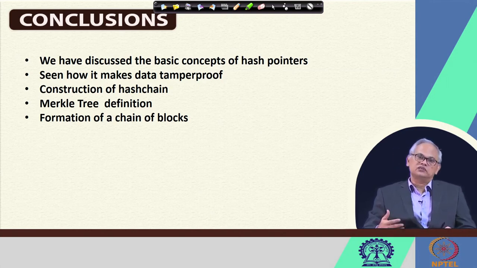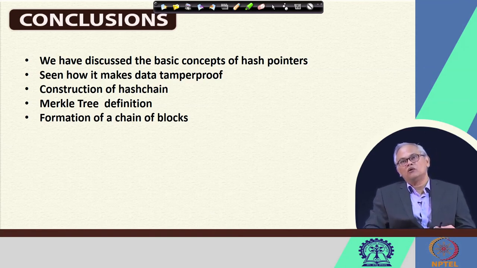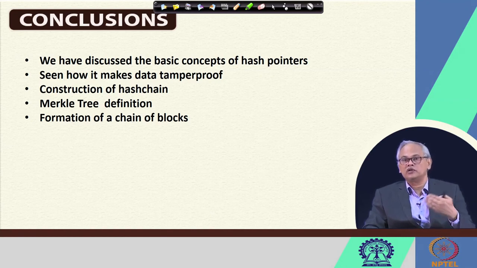Also, we have seen how a chain of blocks can be constructed using this notion of hash chain, and what each block typically looks like, especially the rough content of its header. We have not yet gone into the details, but we have given a glimpse of how a block header looks and how blocks are connected to each other,